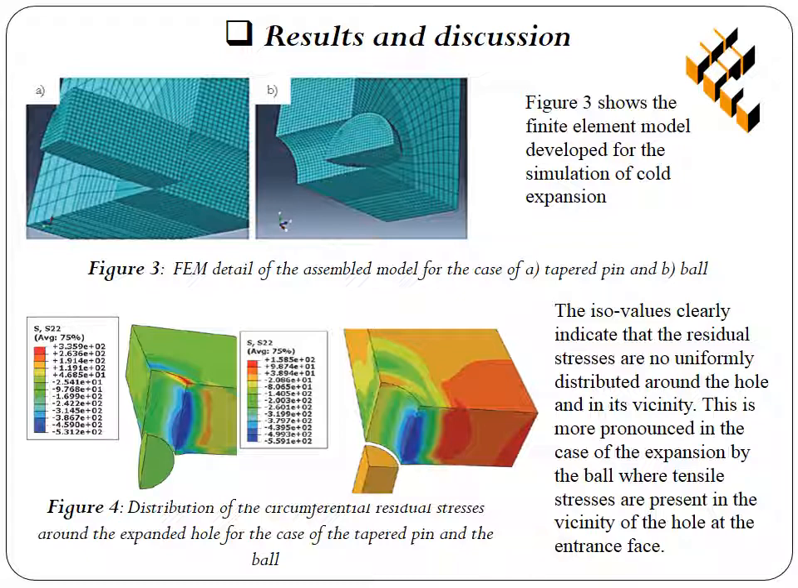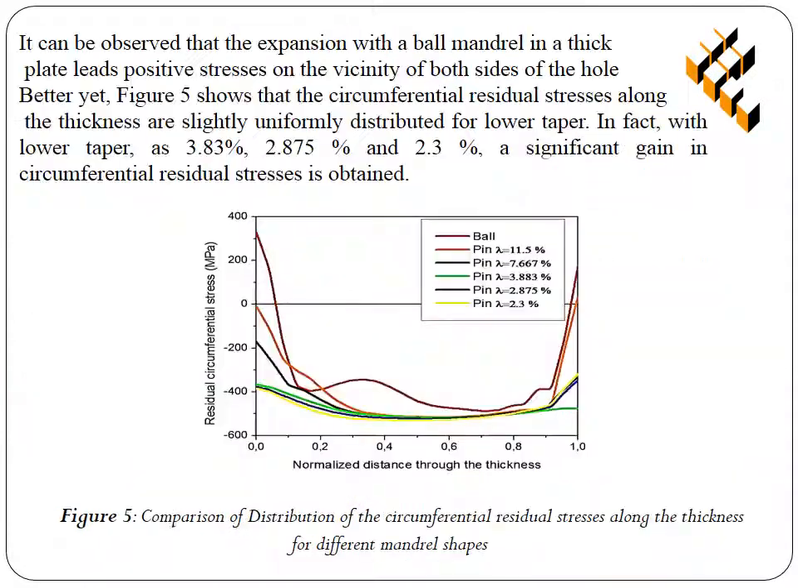The ISO values clearly indicate that the residual stresses are not uniformly distributed around the hole and in its vicinity. This is more pronounced in the case of the ball, where tensile stresses are present in the vicinity of the hole at the entrance face. It can be observed that the expansion with the ball mandrel leads to positive stresses in the vicinity of both sides